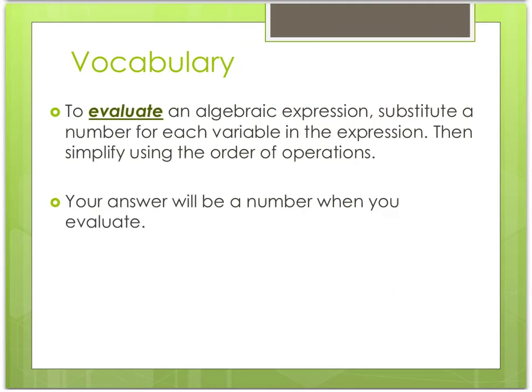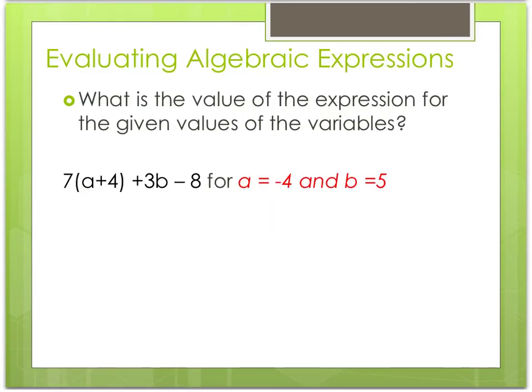So to evaluate an expression means to have an expression and then take some known value of that variable that's in the expression, plug it in, do some order of operations, and then end up with a final answer that is just a number. So I'm given an expression and I want to evaluate it at a equals -4 and b equals 5. So everywhere I see an a, I'm going to put a -4, and everywhere I see a b, I'm going to put a 5. I'm going to substitute those values in. So 7 times a, which is -4, plus 4, plus 3 times b, which is 5,